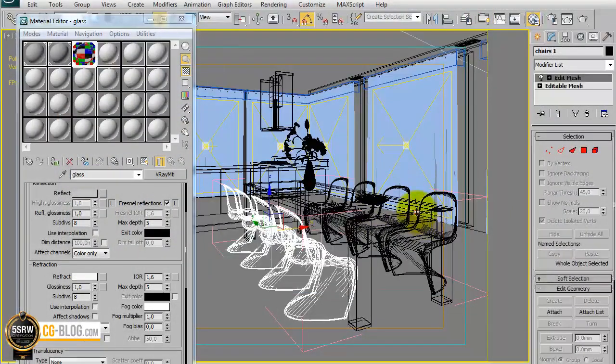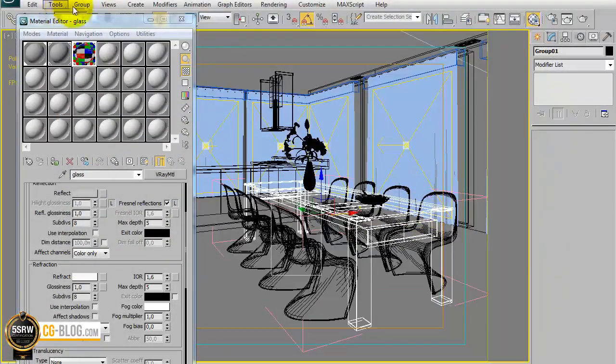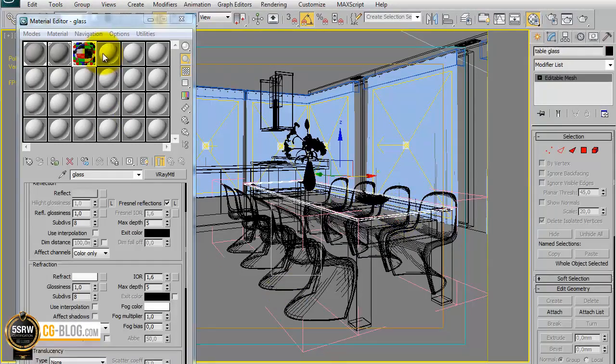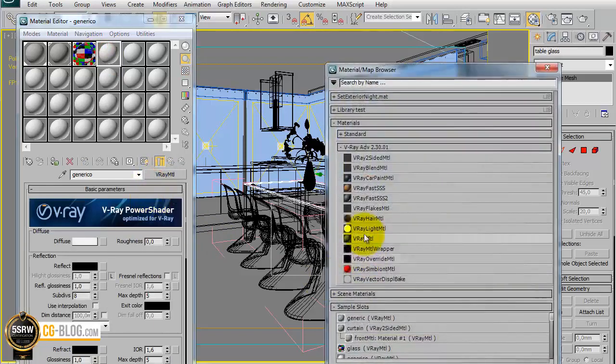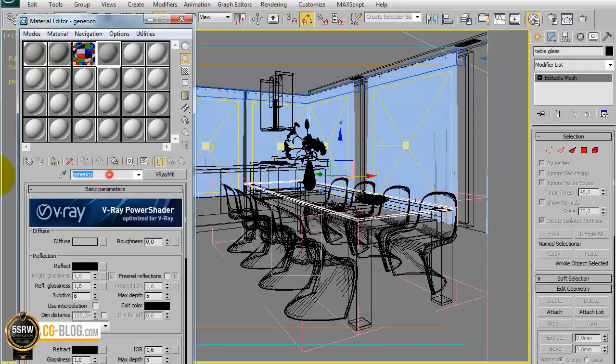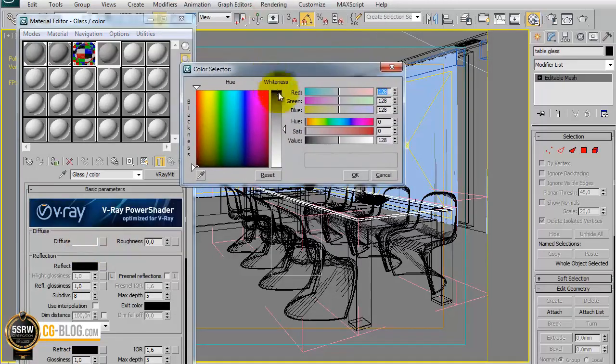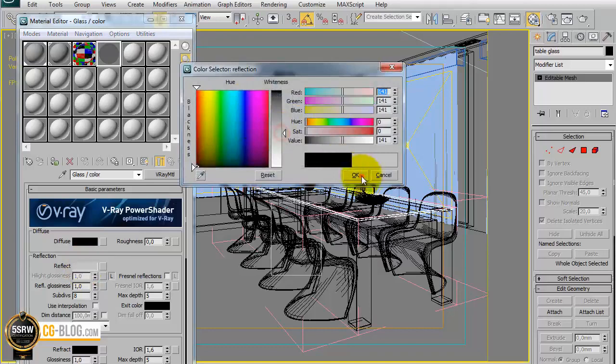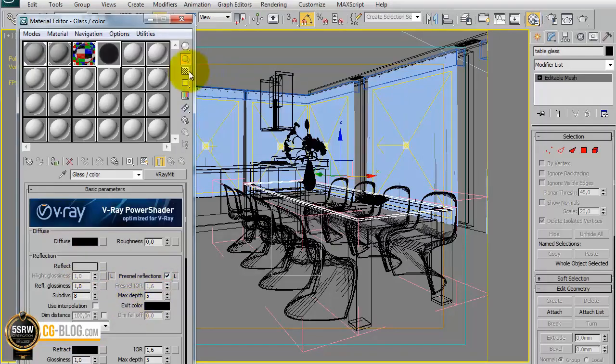Let's start now with the colored glass that we are going to create for the top of the table. This object here. Let's start with a generic VRay material and set an ordinary glass. We are really expert in this. Diffuse black, average reflections, Fresnel option,